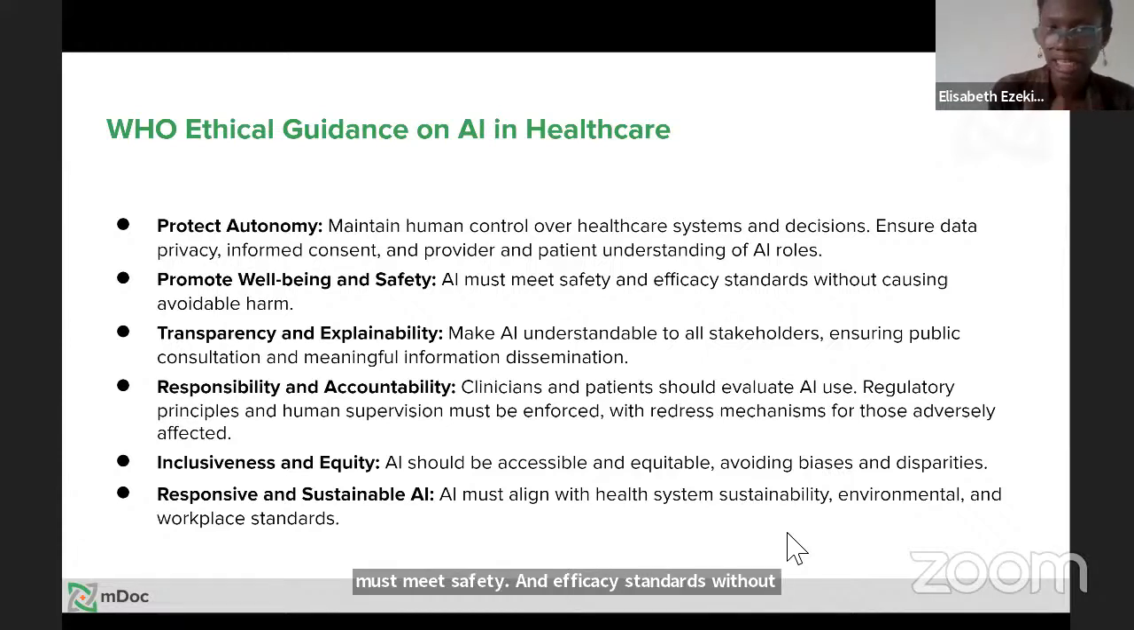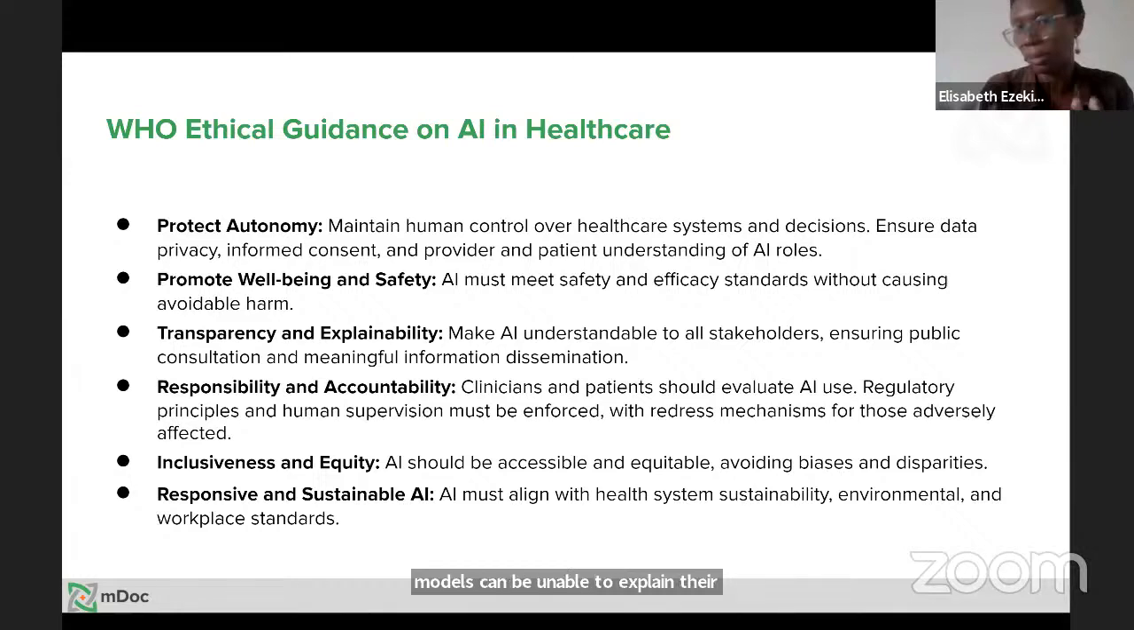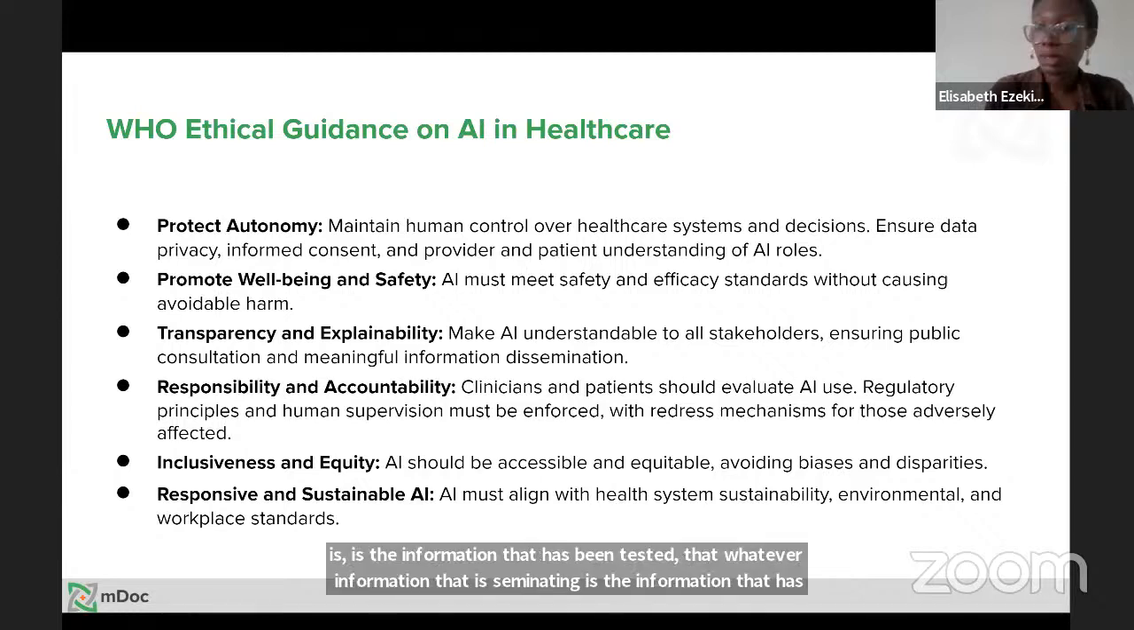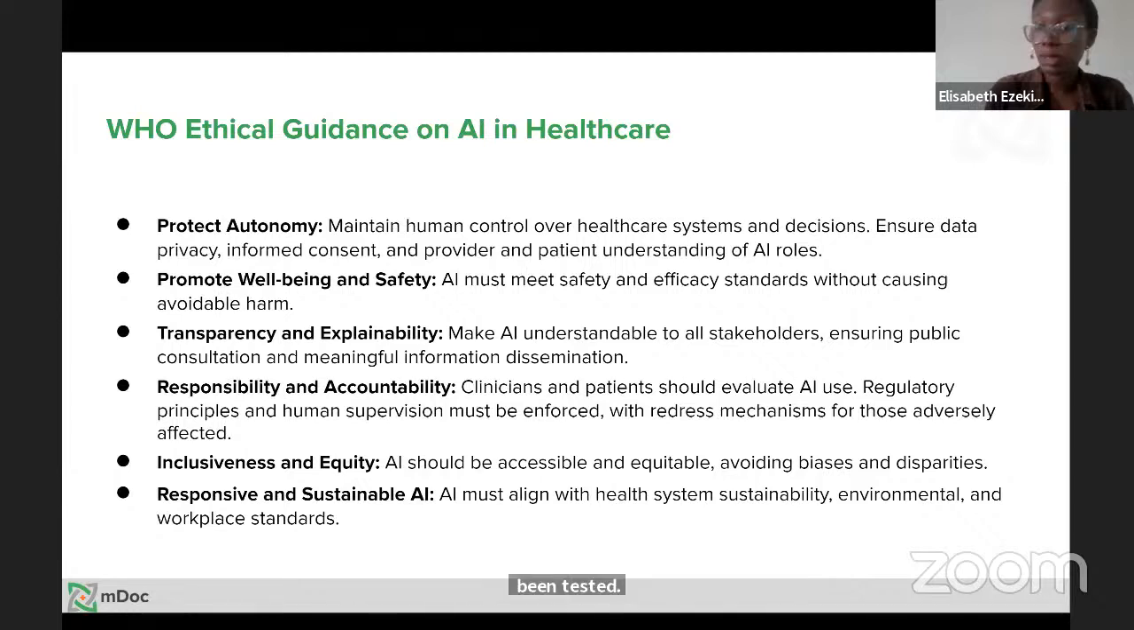Next, transparency and explainability. We already explained earlier how one of the limitations is that sometimes AI models can be unable to explain how they come to certain conclusions. So it's important that AI is understandable to all stakeholders. We're ensuring that whatever information is being disseminated has been tested, validated, and authenticated. Next, we have responsibility and accountability. Clinicians